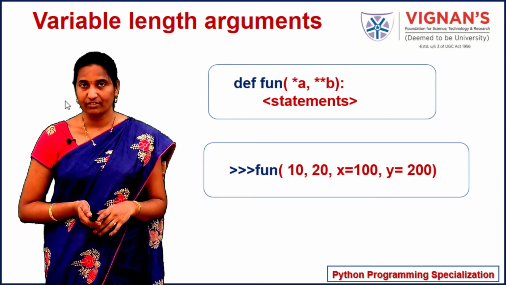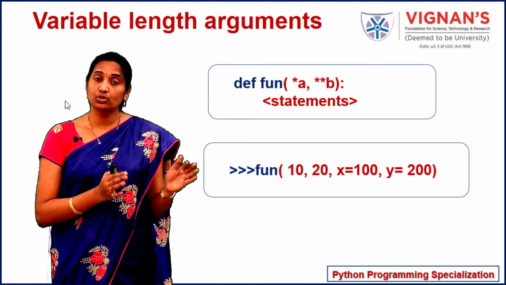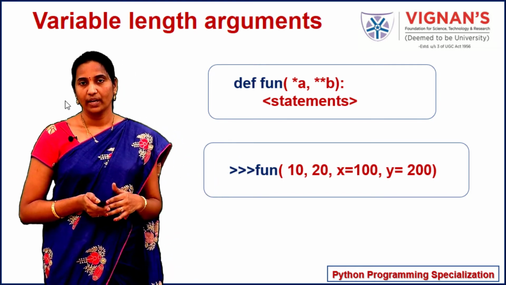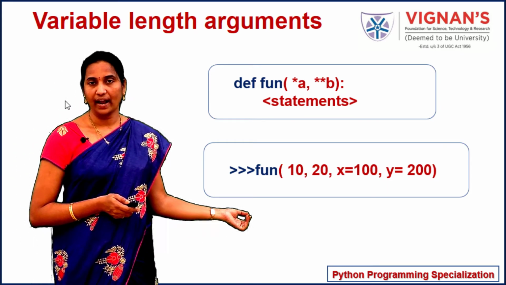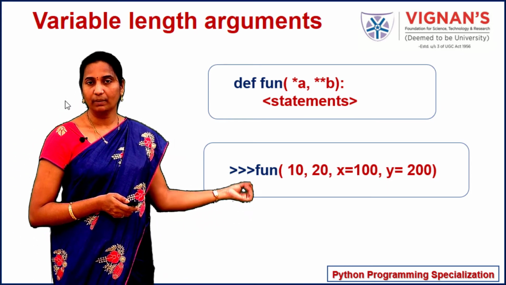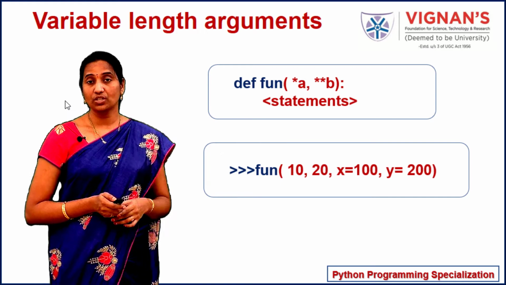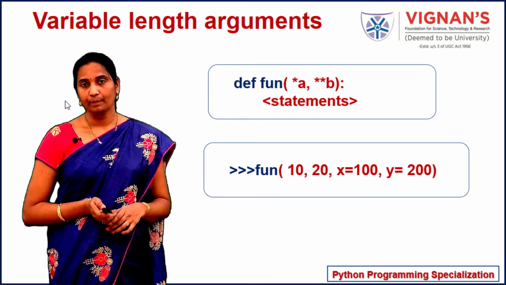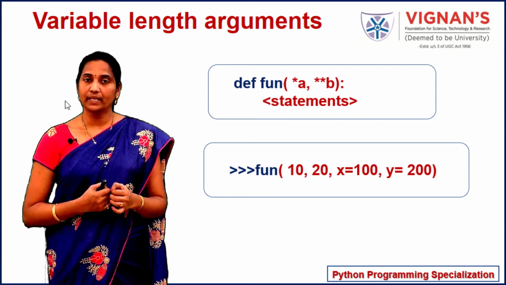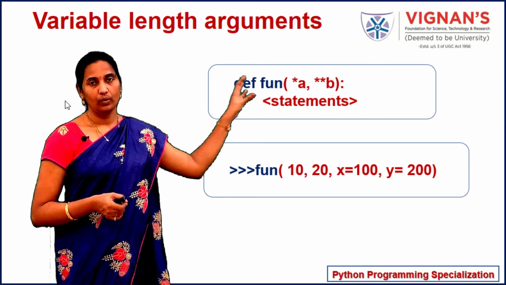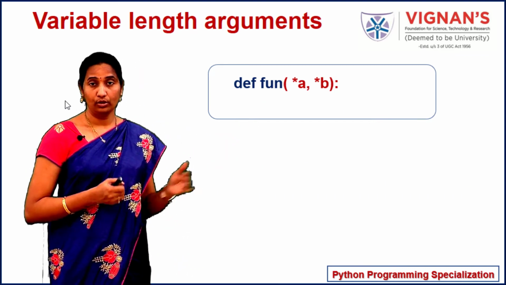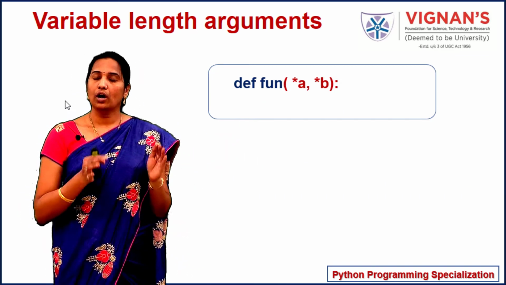same function itself. So you need not restrict these numbers to 4 or 5, you can have any number of values, and that's up to you. And whatever arguments you are passing with values will be considered as variable length positional parameters, and whatever arguments you are passing as keyword and value pairs will be copied to the variable length keyword arguments.